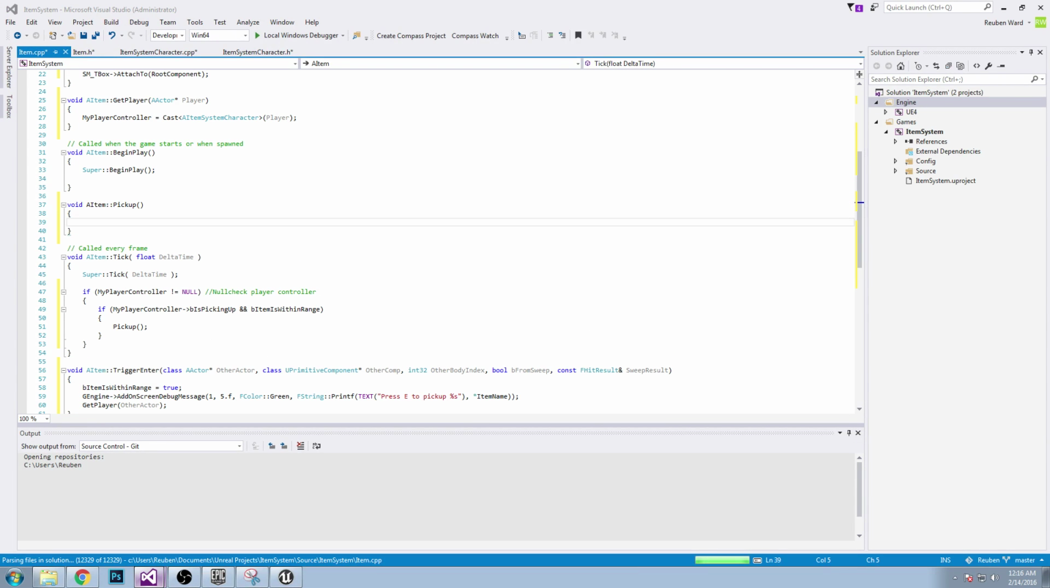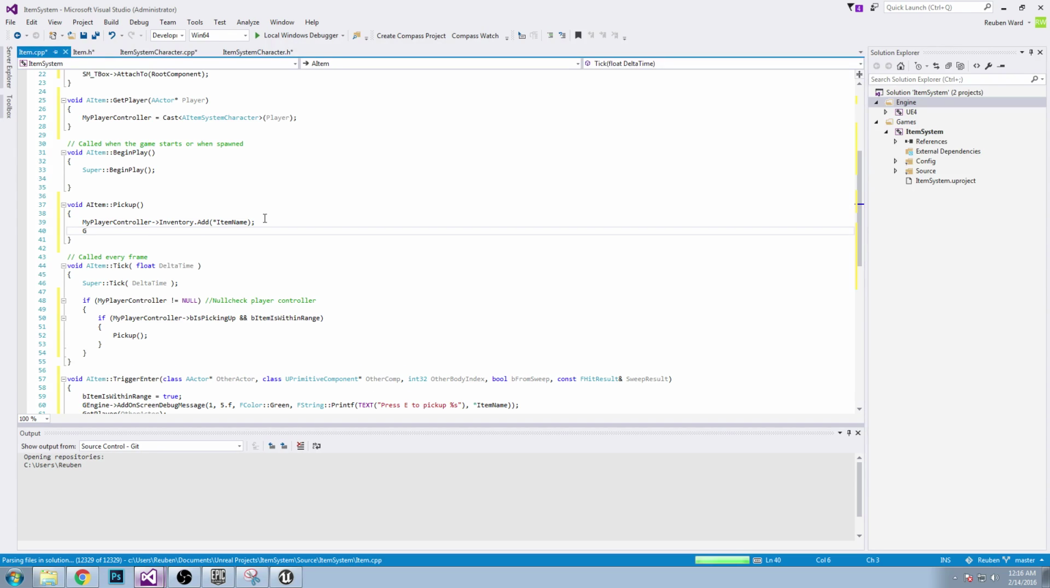And then that is just going to say, so my player controller inventory dot add, and then add item name. So we have now added the item to our inventory, and now we're just going to print a message to ourselves. So GEngine